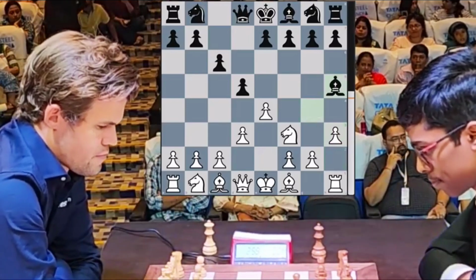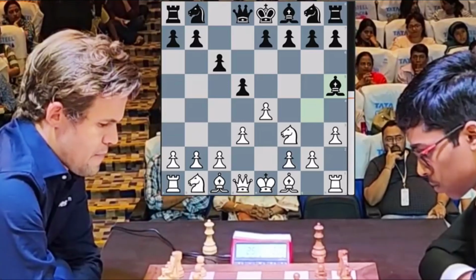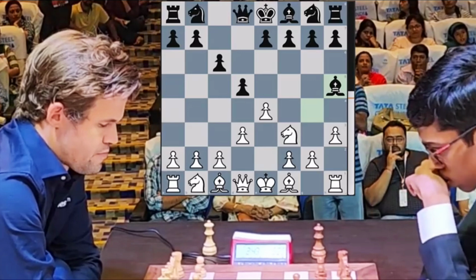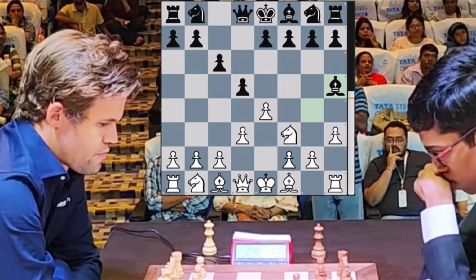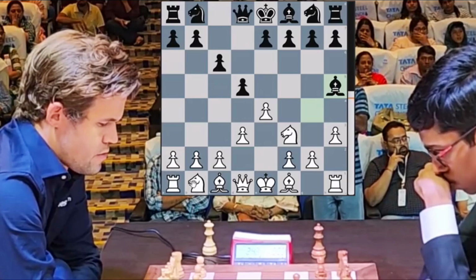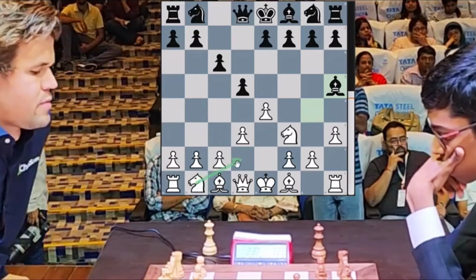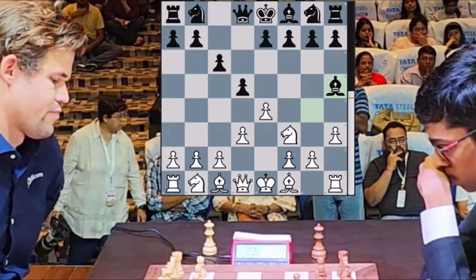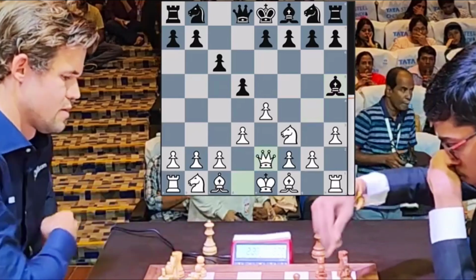And here Magnus goes into a think. What should he do here? Because it seems like Pragg has played something which Magnus hasn't prepared deeply against. Knight c3 is a possible move here. There could also be knight d2. There can also be g4. And you can see Magnus burning his time, taking almost 30 seconds for the move, plays queen e2, which is